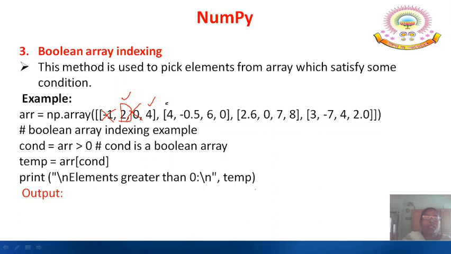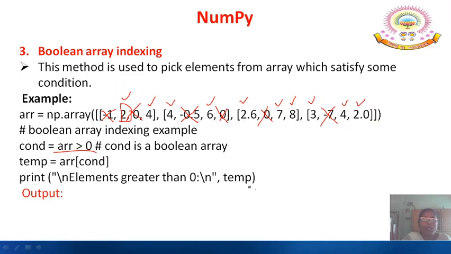Here it is taken, but this is not taken, because it is not satisfying the condition that the array element should be greater than 0. So here it will be taken, but not this one. It is also taken. This will be taken, but not this one, because it is less than 0. This is taken, and this is also taken, and all these selected elements will be stored into temp.